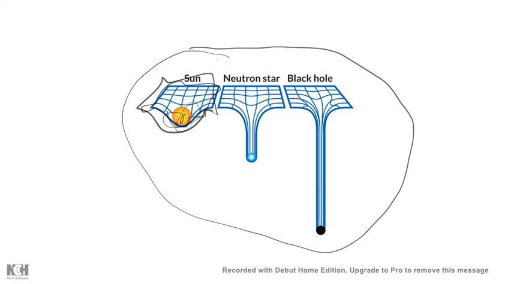The rubber mat thing has been around for a long time, that the ball sits in the rubber mat and goes around there in warped space-time. A neutron star, being much denser than the atoms of the sun, will warp it more, and then the